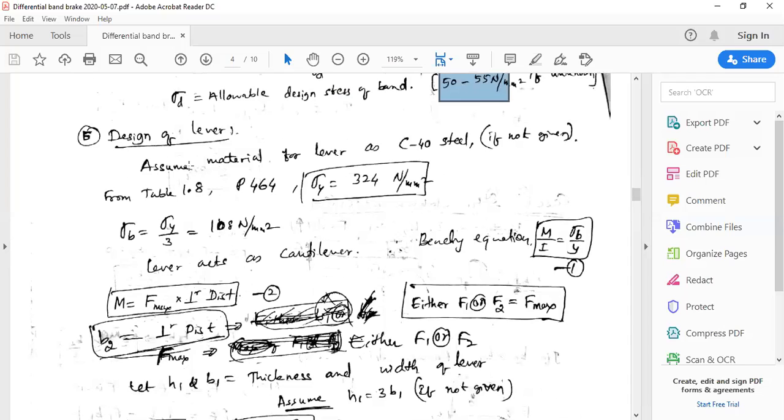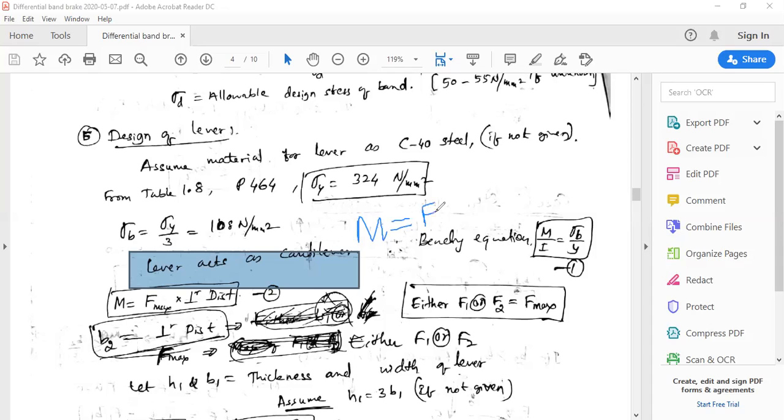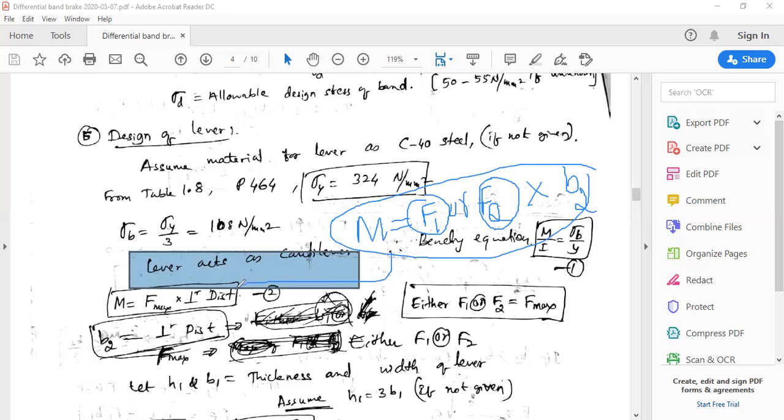And in the design of the lever step, here we have to consider the lever as a cantilever, and the shorter arm is to be taken into account, so that we can directly write the expression for the maximum bending moment as M equal to, as I told, the shorter arm. So F max is either F1 or F2, directly I will write. F1 or F2 that you have to consider, multiplied by the perpendicular distance, that is the length of the shorter arm, b2. This is the equation that you have to remember for the calculation of the maximum bending moment.